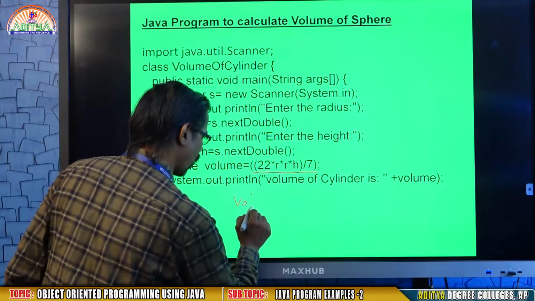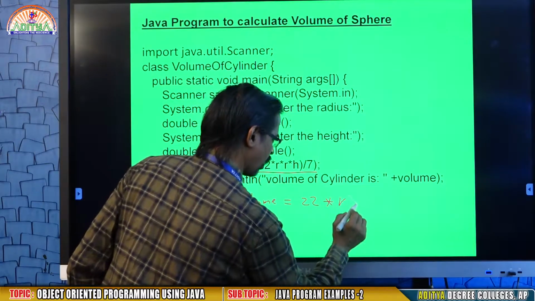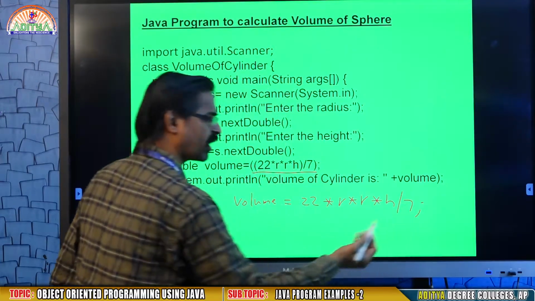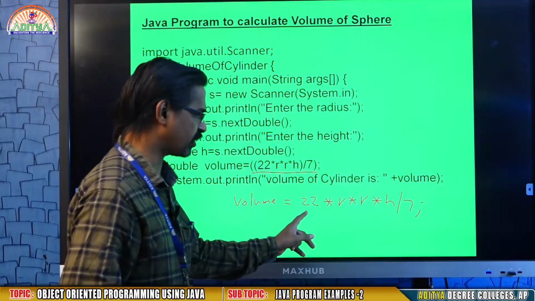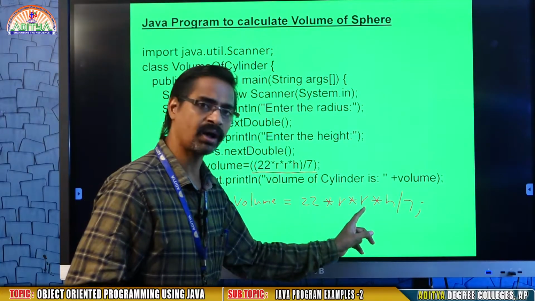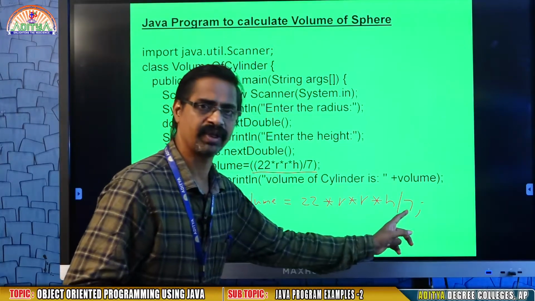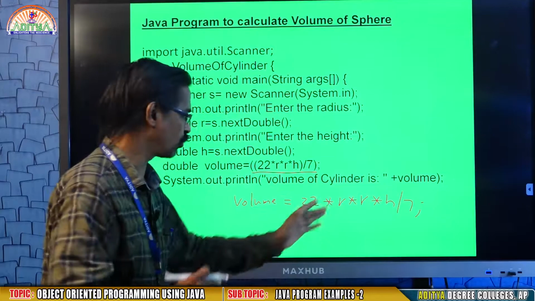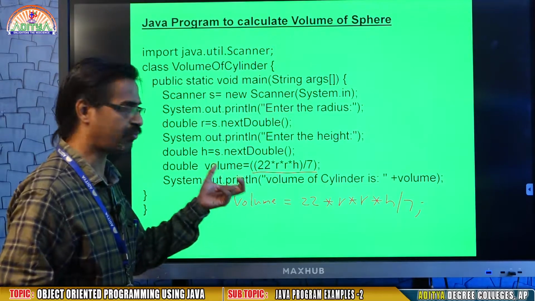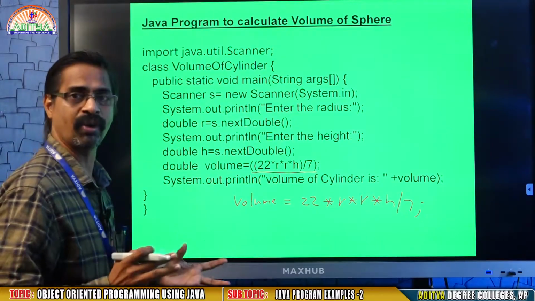Simply you may write volume equals 22 into r into h by 7, there is no error, because 22 is an integer. According to BODMAS rule, multiplication will be first. So 22 into r, that answer into r, that answer into h, that answer is double, that double by 7. Even though 7 is an integer, on one side there is a double. So you get the volume. This is the way you are going to write the following expressions. Okay, so see this Java program to calculate volume of sphere.